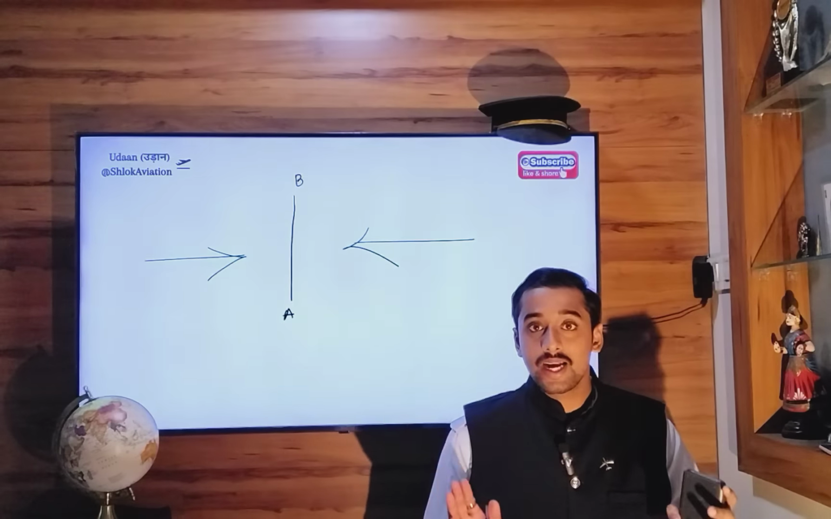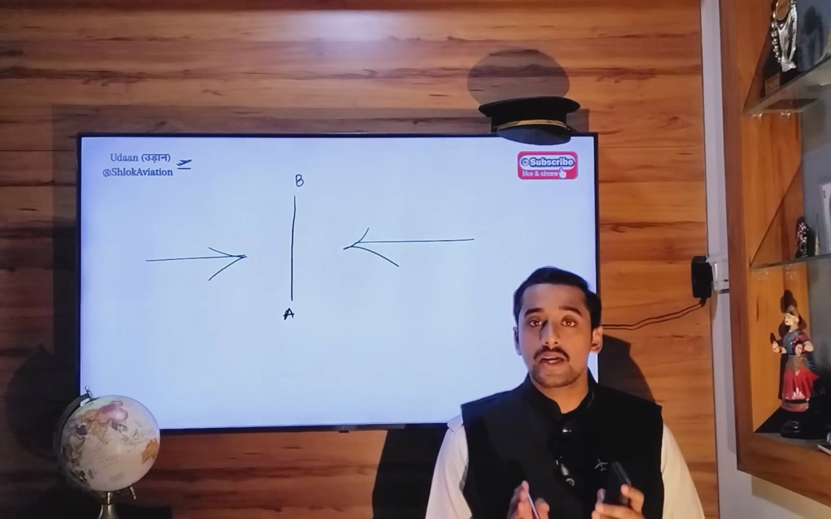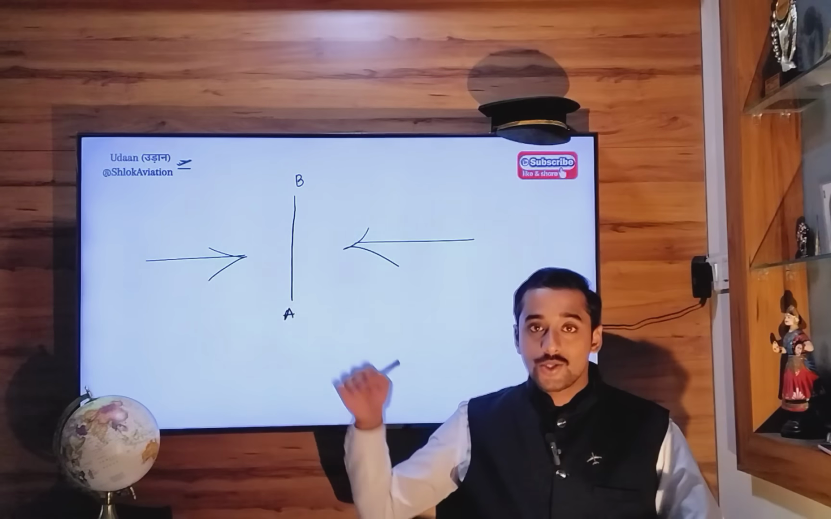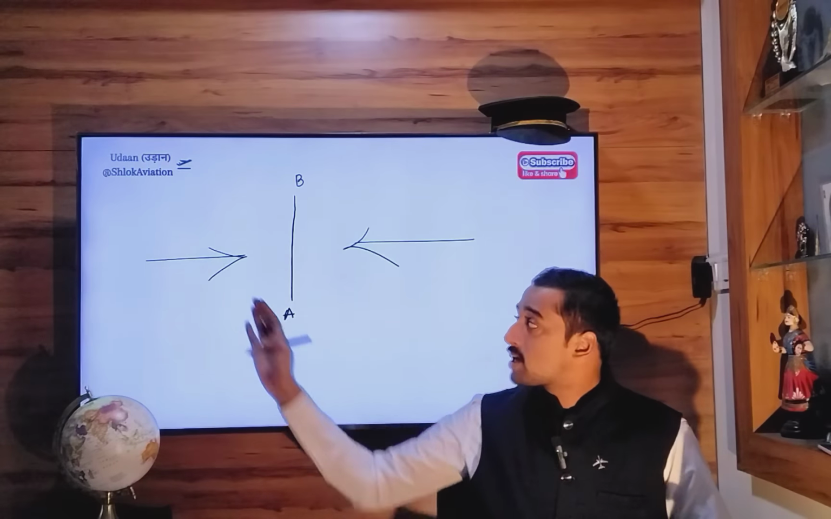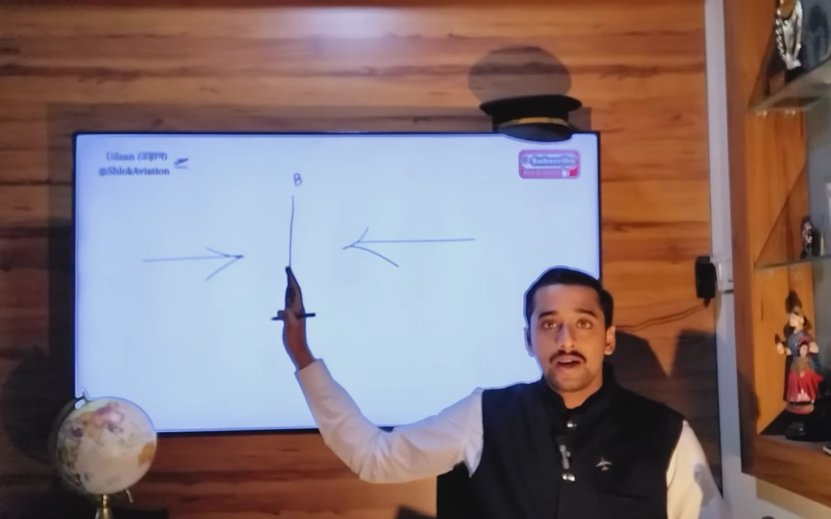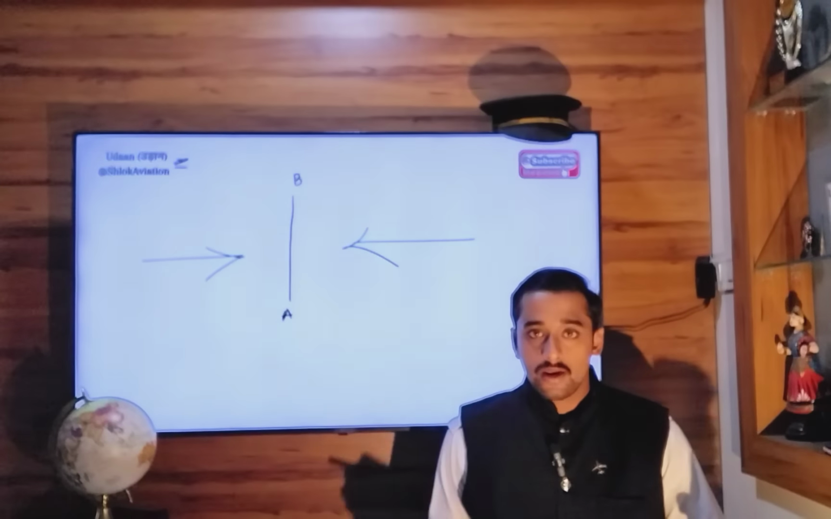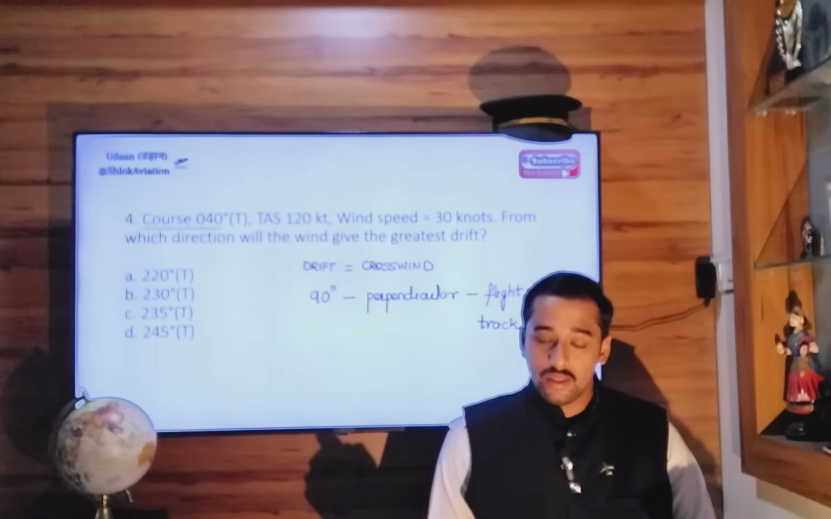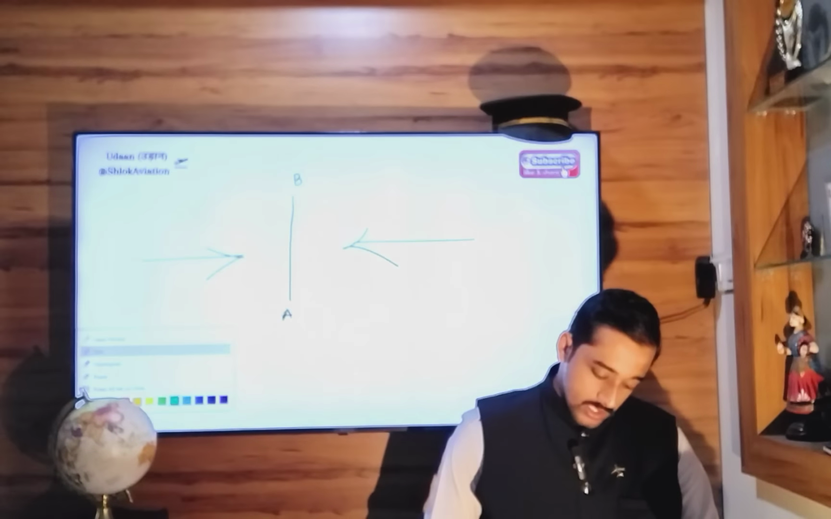That will give you greatest drift. Drift is nothing but deviation from your course AB, left or right. Okay, so greatest drift will happen when wind is coming directly 90 degree to your intended course, track, route. So in this question, your course is 040. So if this is your course 040,